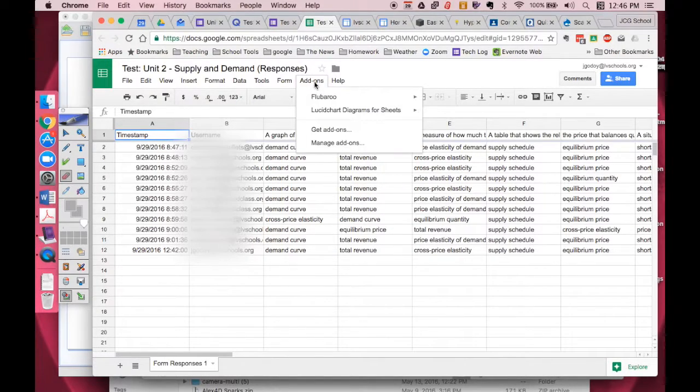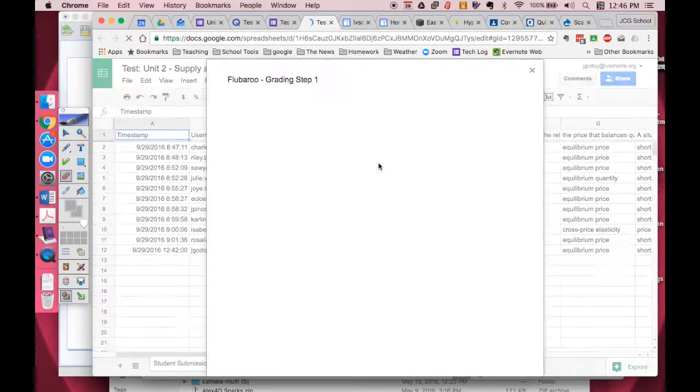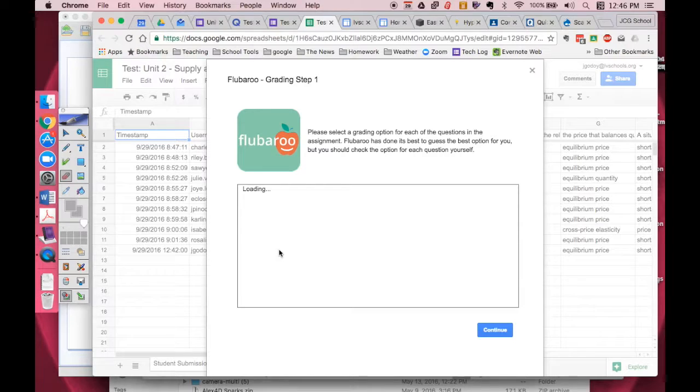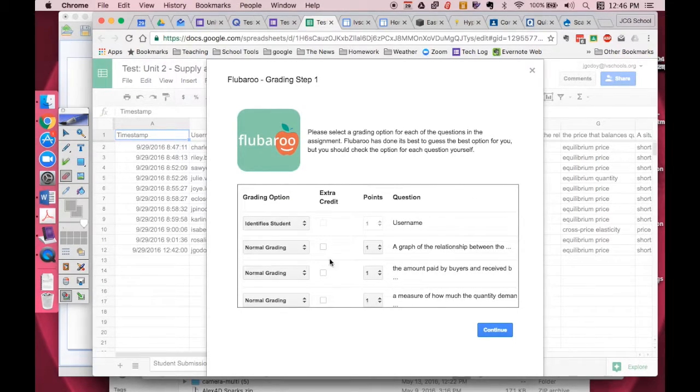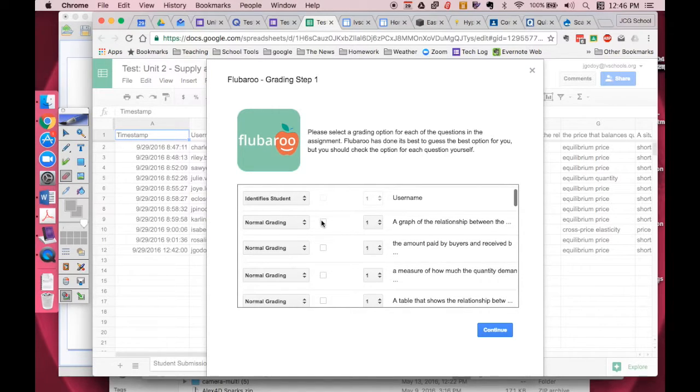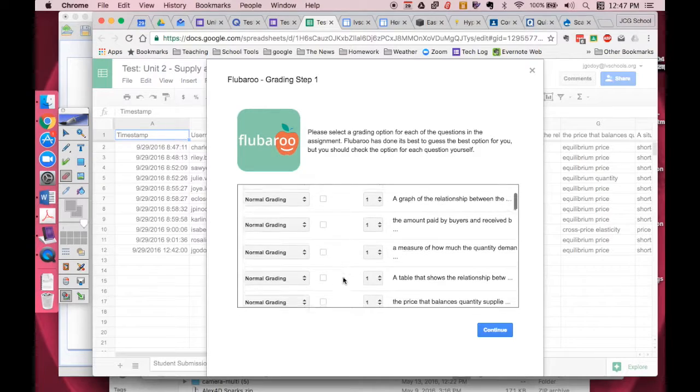Now when I go back to add-ons in Flubaroo, I can tell it to grade my assignment for me. So let's just do the simple grade on this one. We'll do a more advanced one later. So first it asks which of my problems are extra credit, if any of them, how many points there are for each problem, and